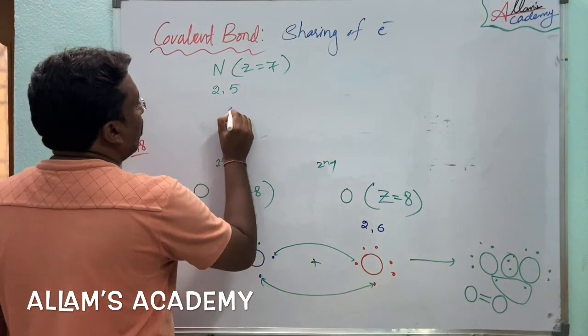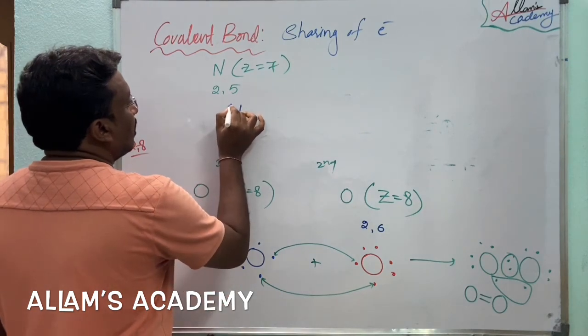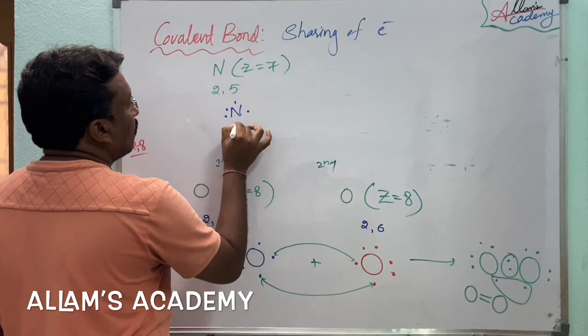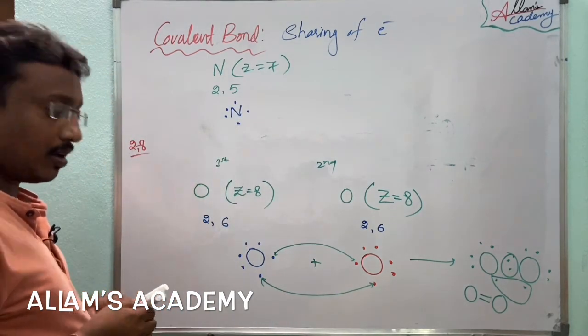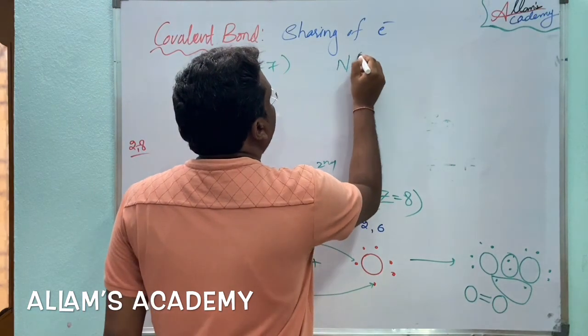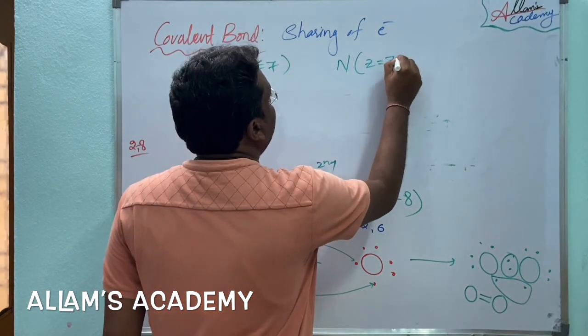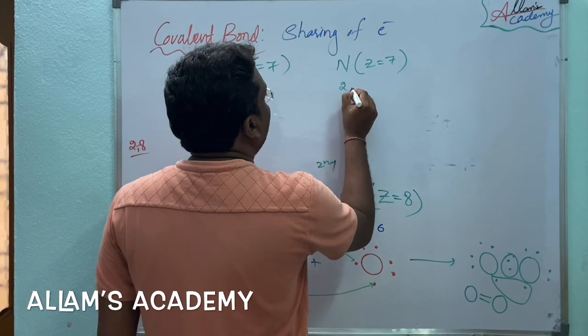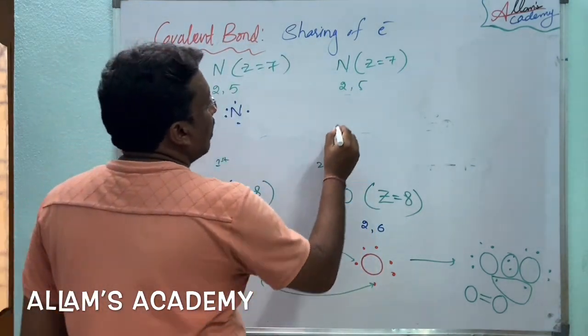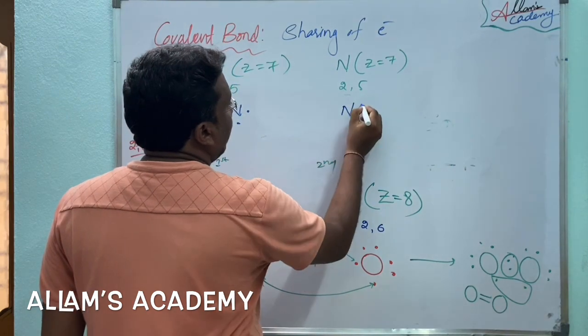Electron dot structure: 1, 2, 3, 4, 5. Like one more nitrogen, atomic number is 7, 2, 5. Between nitrogen,